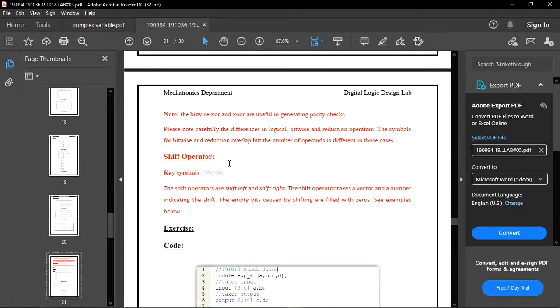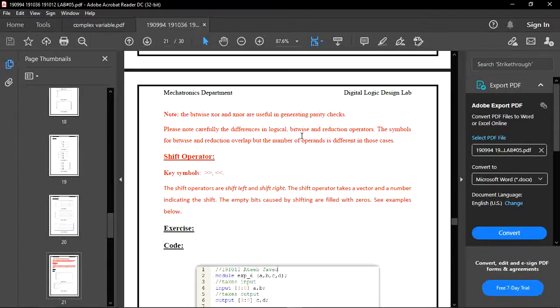So in both cases, in the last, our function output becomes 0001. Now we are moving towards our shift operators. First of all, we have to note that bitwise XOR and XNOR are useful in generating parity checks, which we performed in our labs. So please note carefully the differences between logical, bitwise and reduction operators.